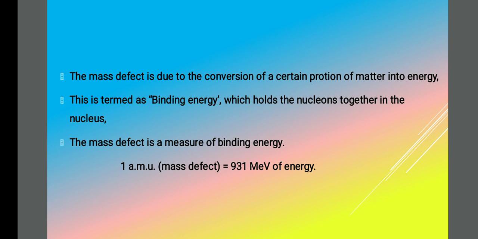It is the difference between the expected mass as well as the actual mass, and this mass defect is a form of energy which is used to hold the nucleons within the nucleus, and this energy we call as binding energy. Is it clear with the point? And elaborately we can see binding energy in the next class.